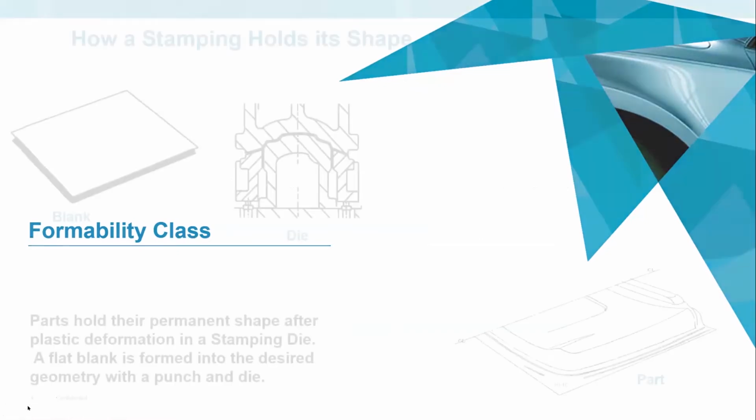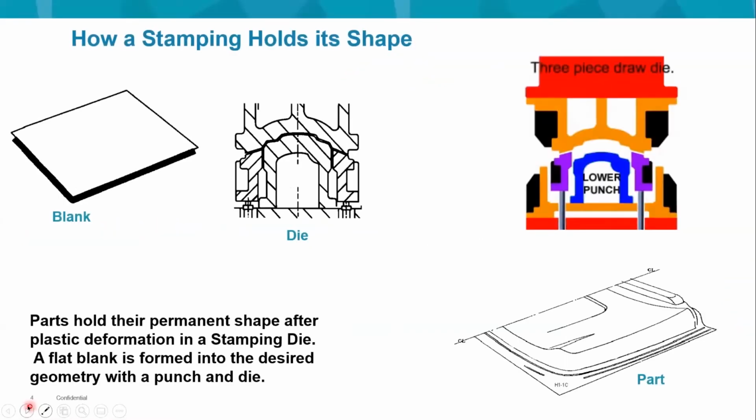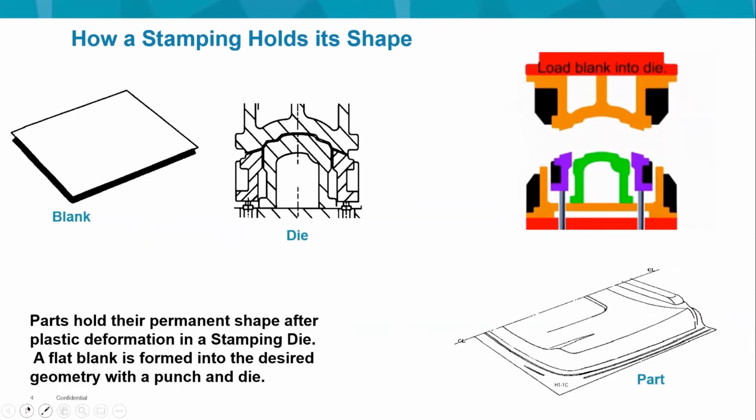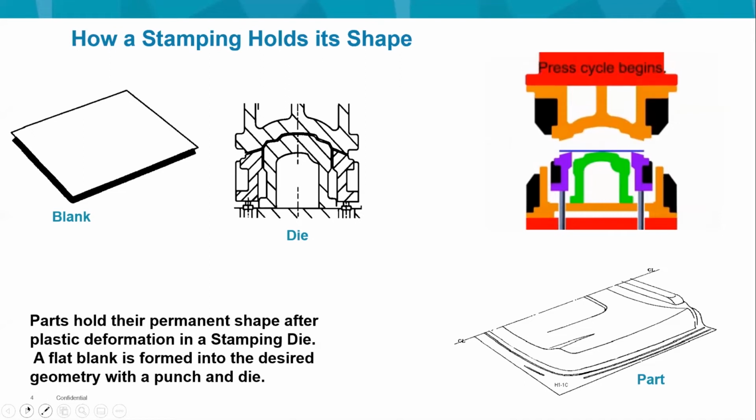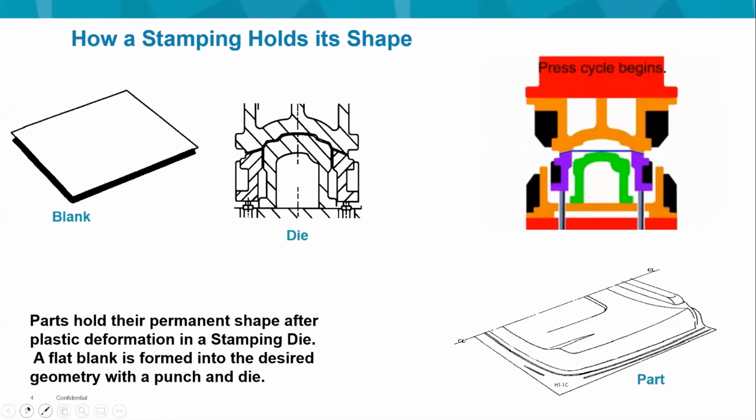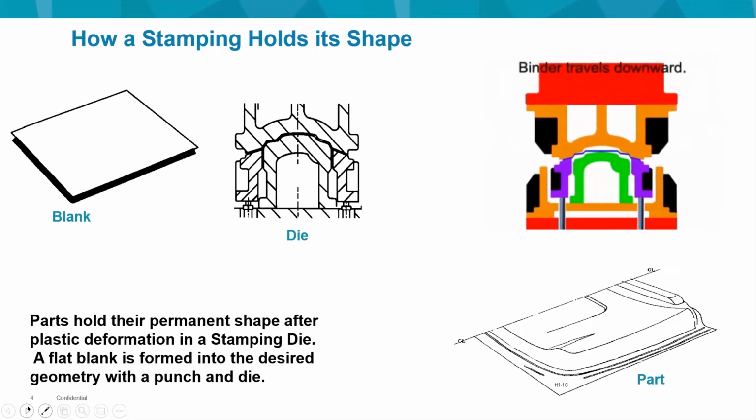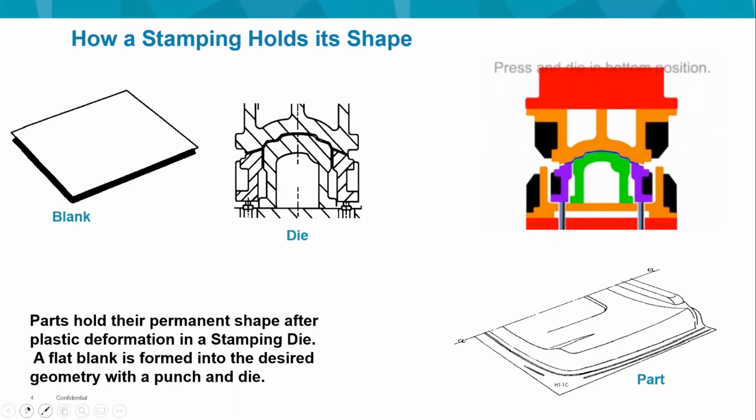So before I get into the presentation on software, like I mentioned, I will just run through a few slides on formability to emphasize what Professor Narasimhan said. And the first thing that I want to emphasize is what happens when you are trying to deform a part. You are inserting a flat piece of sheet metal between a punch and a die, or any kind of deformation, and then it is held in place by what's called a blank holder, before which the part travels down and the punch and die make contact and deformation takes place.